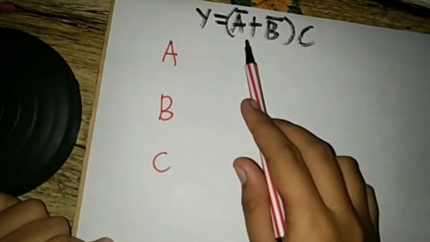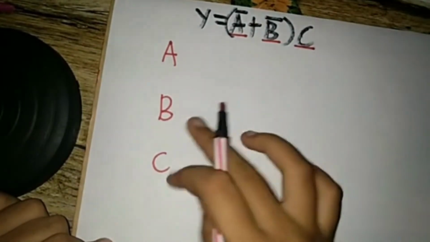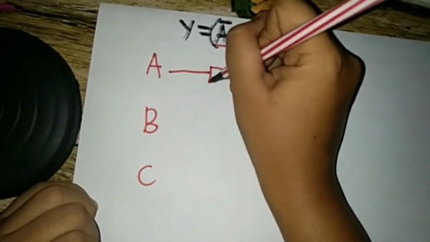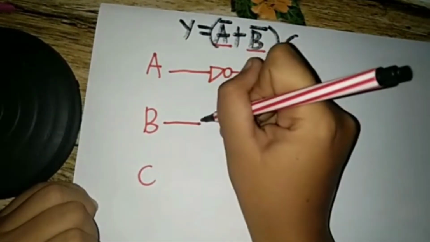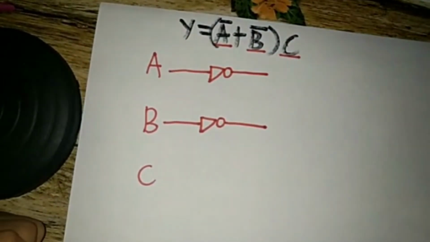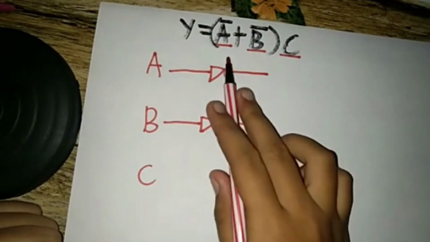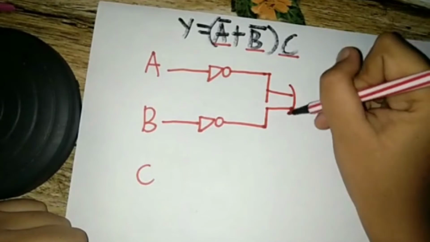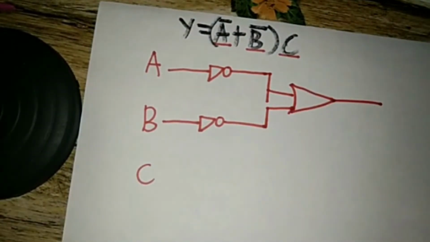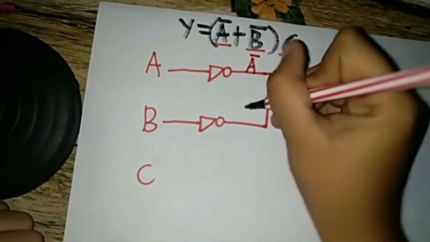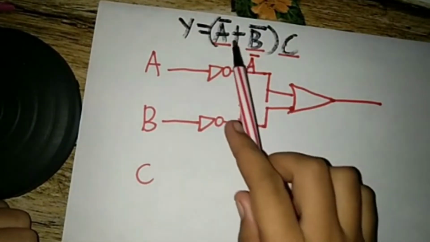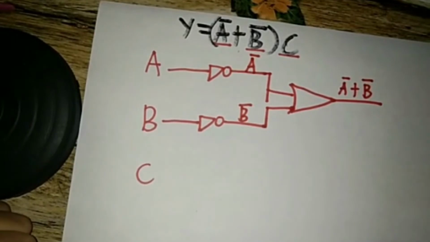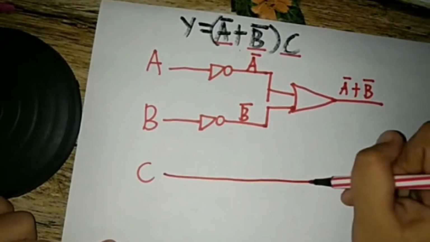So for A, B, and C, we're going to represent them. So the design or symbol for A bar is as before. Same with B. So for A plus B, we put A bar here and B bar there. So since it is A bar plus B bar, we place it like this. So for C,